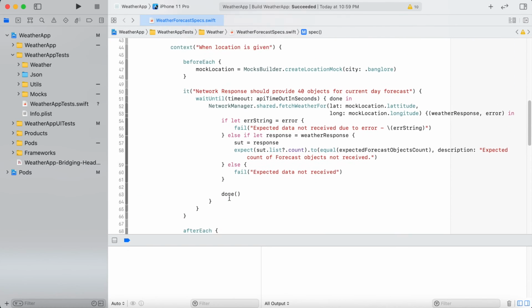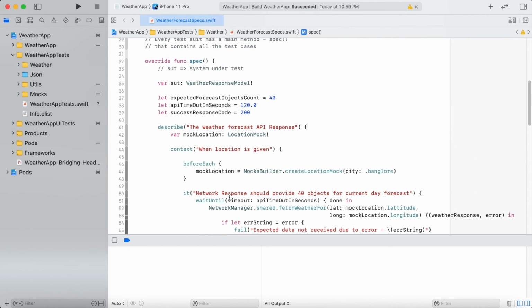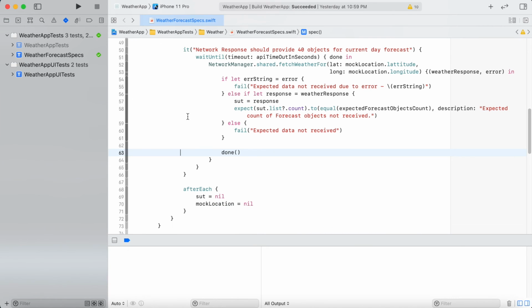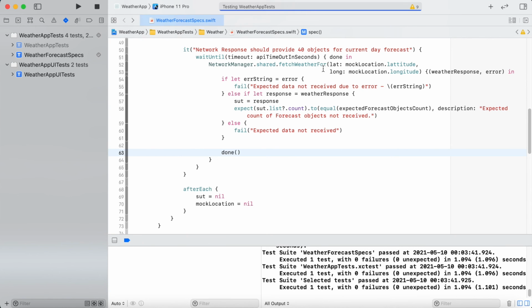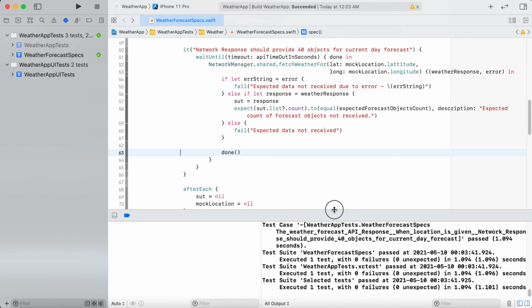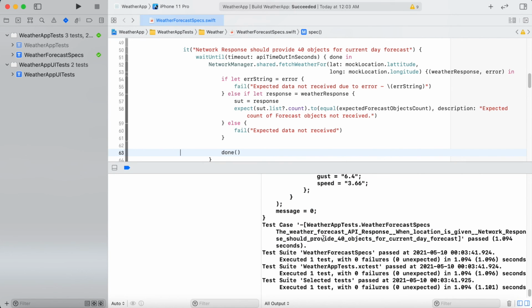So this is the overall structure of my unit test case written with the help of the Quick and Nimble framework. To run your test case, you can use this diamond sign. Just click on it in the Xcode Explorer and then click on this arrow sign to run your test class. Now your test class is executing. And you can see now your test case is successful. In the console log, you can also see the execution of your test case.